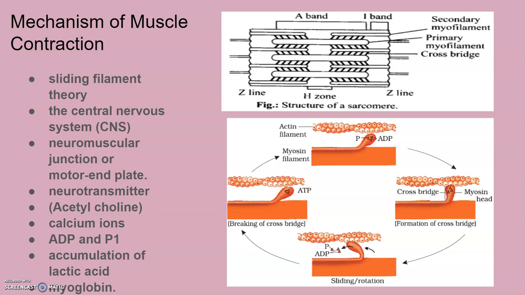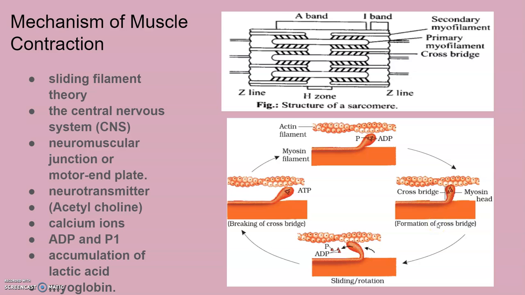Now what happens further is that this action potential, once generated, spreads through the muscle fiber and causes the release of calcium ions. Calcium ions play a very important role in this whole process, and that leads to the binding of calcium with the subunit of troponin on the actin filament, thus removing the masking of the active sites for myosin. So the energy from ATP hydrolysis and the myosin head, now exposed to the active site of the actin, form a cross bridge. This is how the cross bridge is formed.